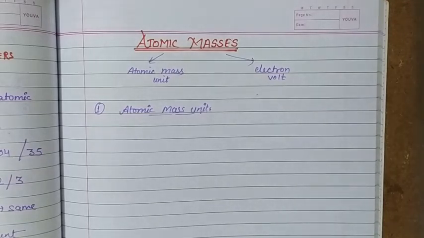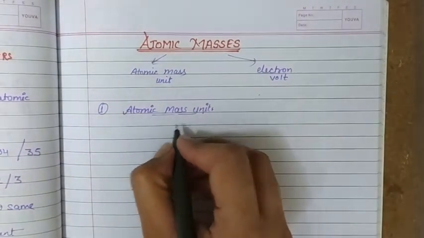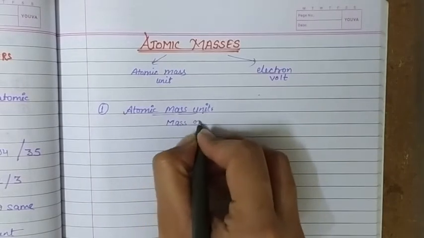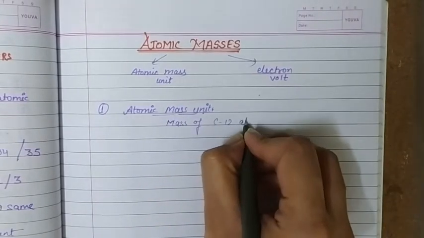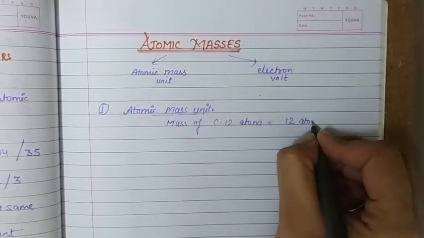So to define this atomic mass unit, it was taken that the mass of carbon 12 atom is equal to 12 atomic mass unit,